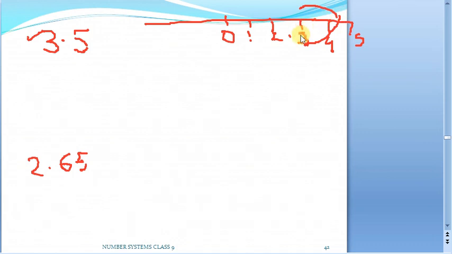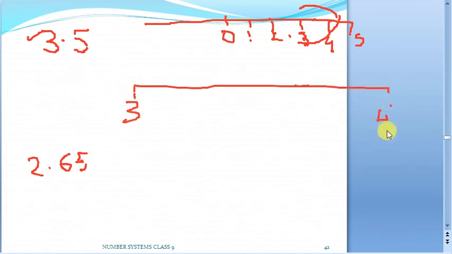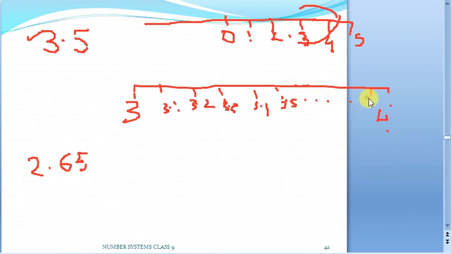Suppose I magnify this region, suppose I have a close look at this region, so for example, you can consider your scale as the divisions, just we can magnify it. Suppose this particular region, now I will zoom it, the region between 3 and I will take the 4 at the other end. So there will be 3.1 in between. So if I divide it like this, it will be 3.2, 3.3, 3.4, 3.5. So likewise, at the end you will be having 3.9 and 4. So here somewhere in the middle exactly you will be finding our 3.5.